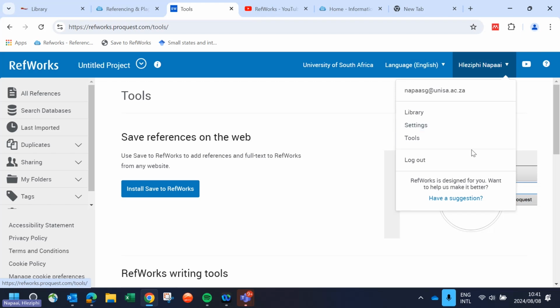And just make sure once you are logged in, log out. You shouldn't be logged in for too long. I mean, for forever, because then you don't know what will happen to your references. Okay, so